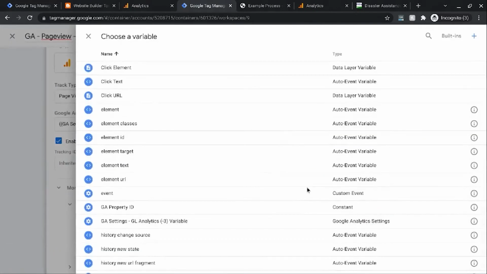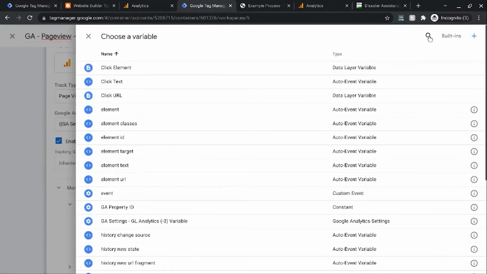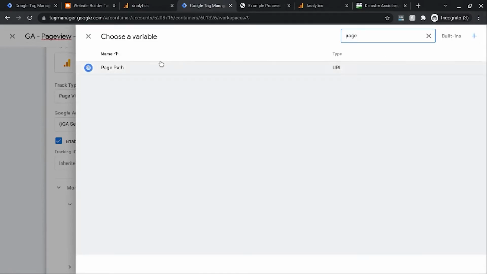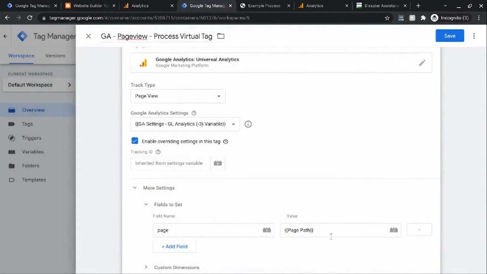I'll use the Lego block option this time. So I'm going to scroll down or search for it, page path / hash mark. And then